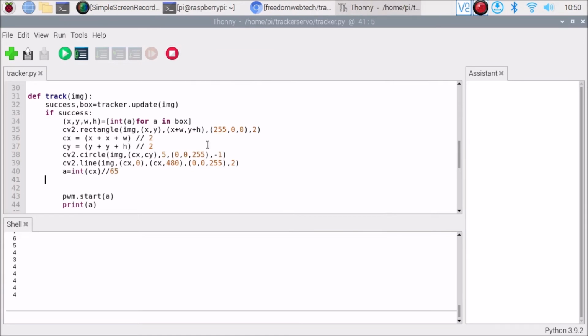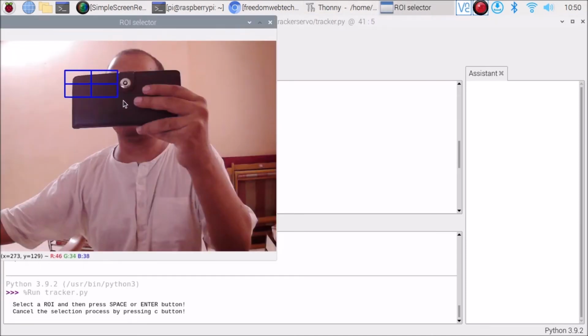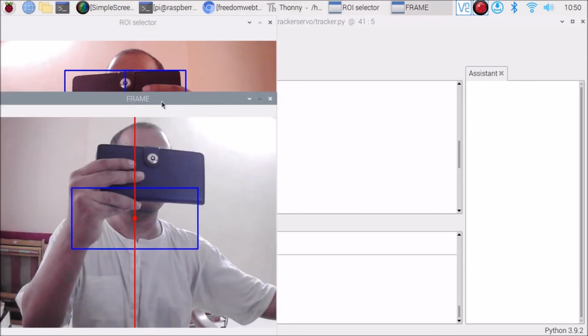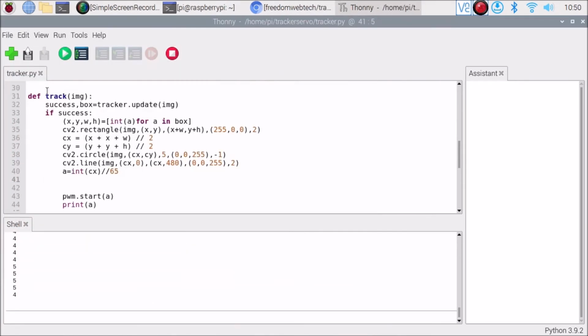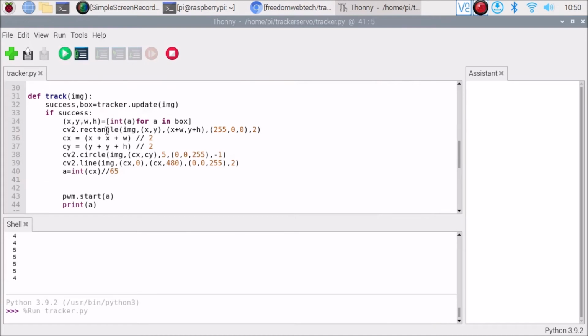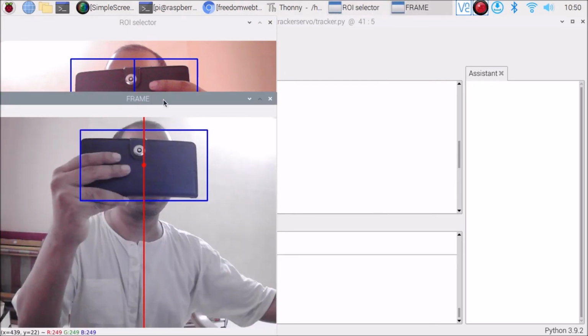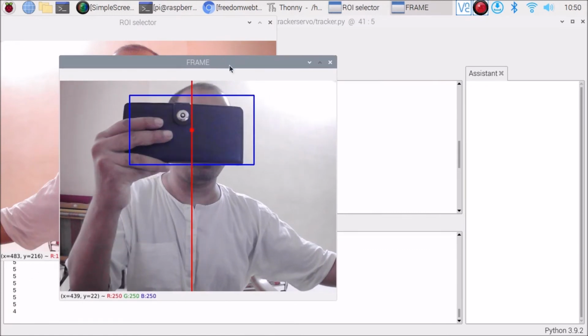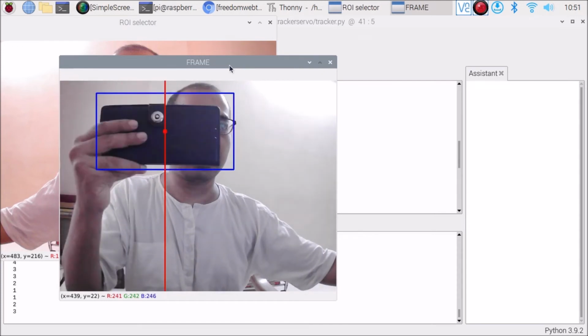So I am going to stop the tracker, and I am going to start the tracker again, and this time we are going to track our mobile phone. As you can see, this is the mobile phone. Just select the ROI, hit enter, and as you can see, we need to track again because it mistracked. Okay, so this is our object. Just hit enter. Now it's better. So if I move the mobile here, as you can see, it's now tracking the mobile as an object.